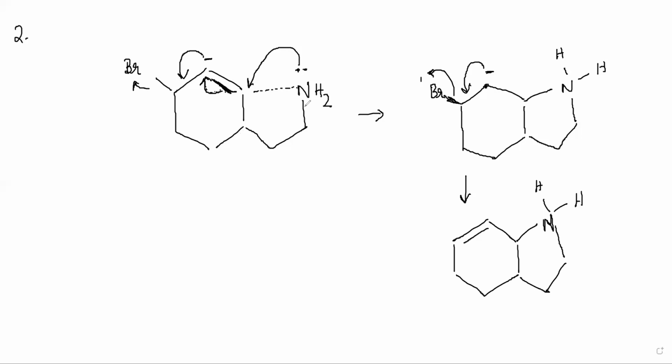See, right now the NH2 had 3 bonds and 1 lone pair, right? Just like in the previous video, 4 bonds. So see, if there is a positive, then what happened? Br minus has come out, and a positive on nitrogen makes sense, because earlier the molecule was neutral. So it should be neutral. If Br minus has come out, then there is a plus charge somewhere. So it has to be on N because N is forming a 4th bond here.